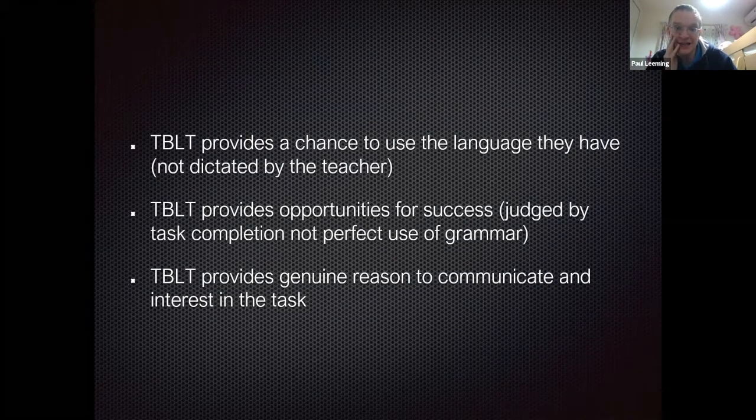Talk about it, decide. It's personal. It's you talking about your opinion, places you've been to, but it's a reason to communicate, and often an interest, and hopefully Justin will show that interest later on with an actual example.